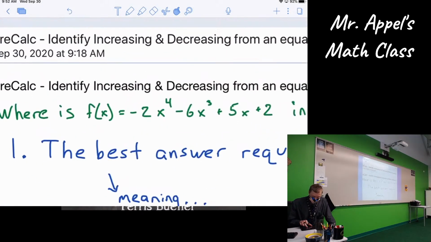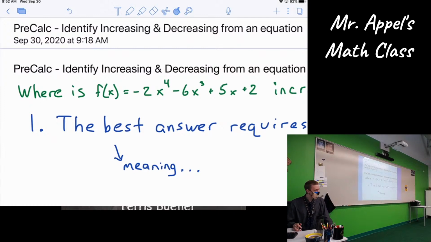Today we are talking about increasing and decreasing still. We've been looking at the graph of a function and being able to identify where it is increasing, where it is decreasing, where's the maximum, where's the minimum. And that's all well and good, except you're not always going to have the graph. You can make one, but often that's going to take more time, and it's going to give you a good representation. But if the graph is not already labeled and done for you, you're still going to want to